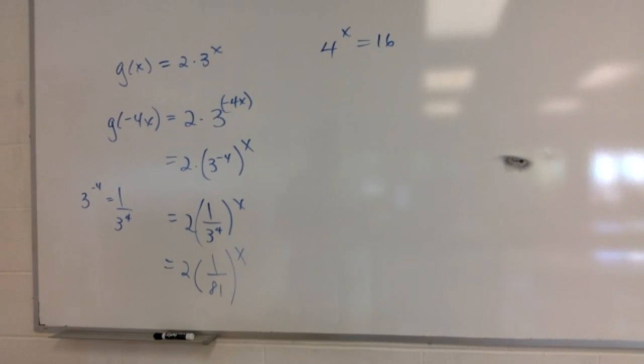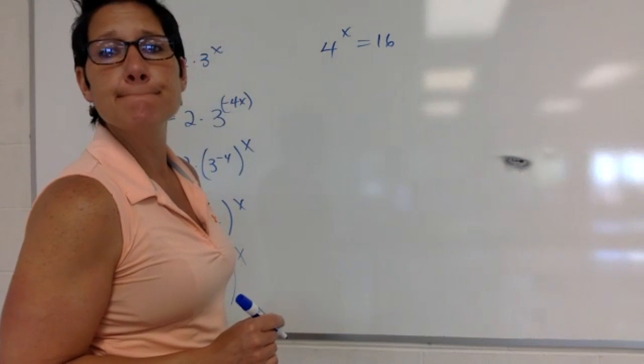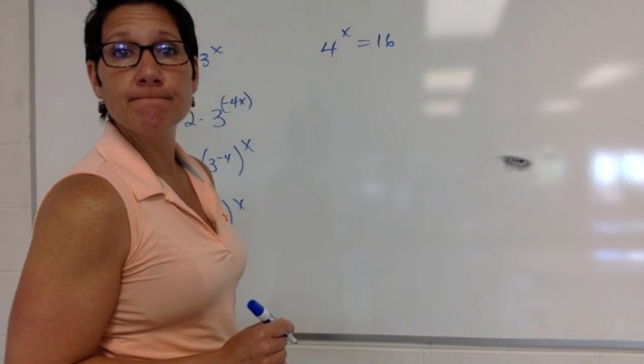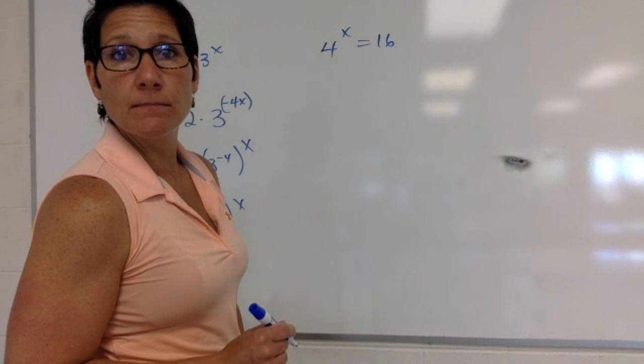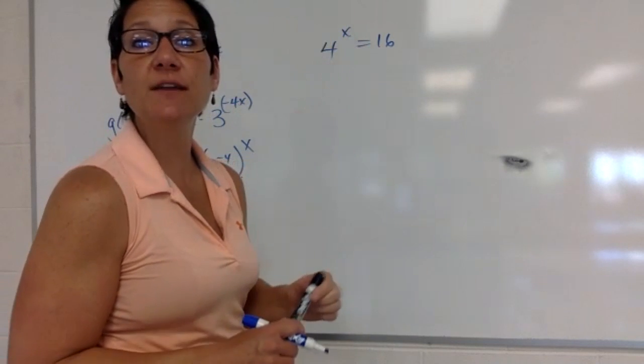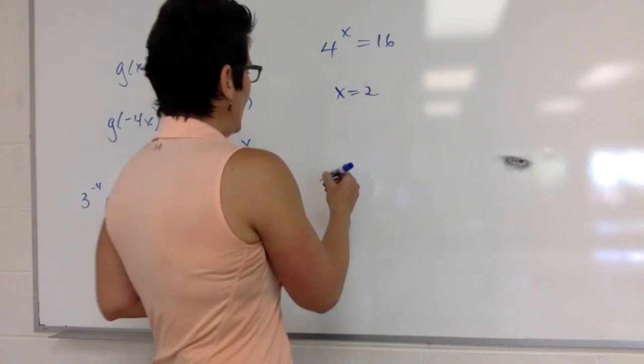Okay. 4 to the x is equal to 16. What does x equal? What number to the power will give you 16? 2. Hold up your fingers if you can't say it. 2, everybody? 2, good. So x would equal 2. And what if you had,